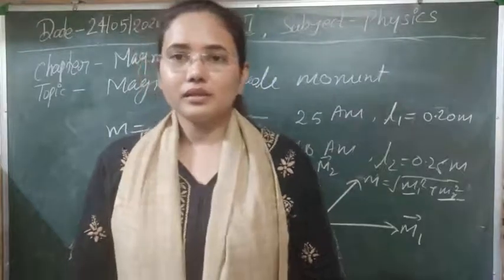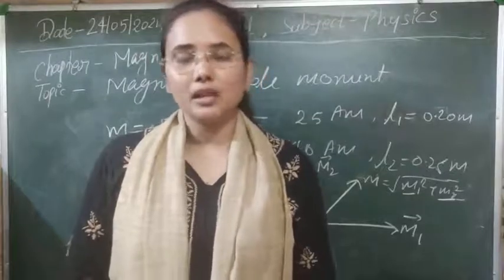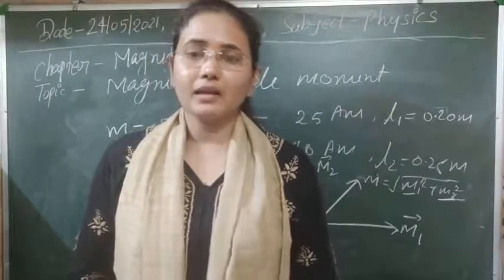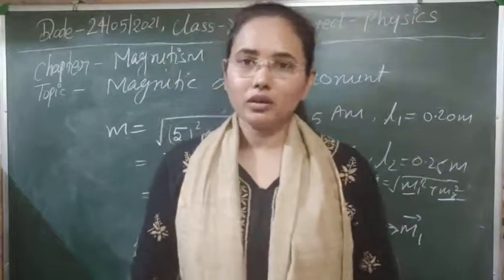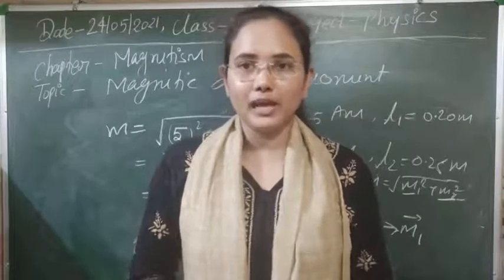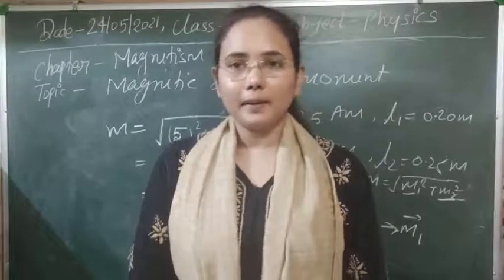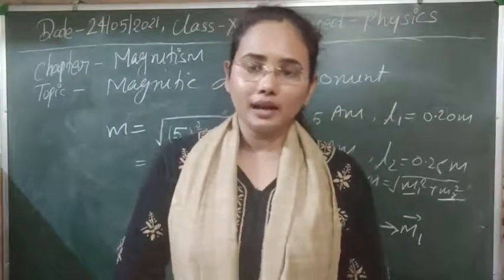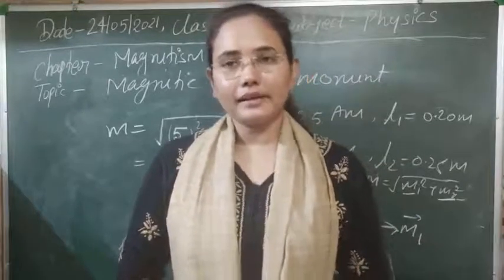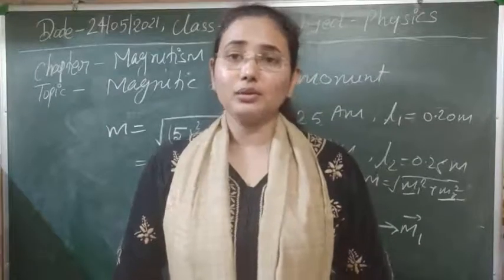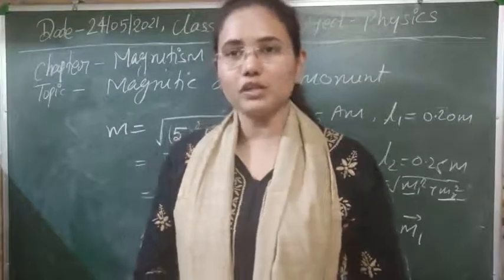So I think, students, the two topics that we have discussed today, Coulomb's law of magnetic force and the second one, magnetic dipole and magnetic dipole moment, are now clear. As you can see, all these chapters are analogous to the electric dipole and electric field chapter. There we discussed the electric field due to an electric dipole and the electric potential due to an electric dipole, meaning the properties of the dipole. So here also we will do the same procedure.